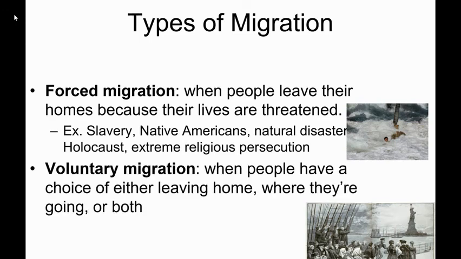Now, voluntary migration is what we think of when you have a choice. And even if, let's say, you lose your job, you're not being forced to move. I mean, it's probably encouraging you, but your life is not necessarily in utter danger. So try not to have a gray area there. If you choose to migrate, then that is going to be voluntary migration. So better jobs, climate, education, to move closer to family. Those are all choices that you make.